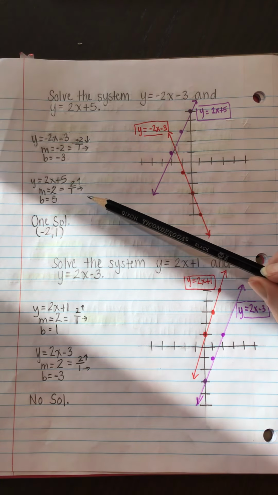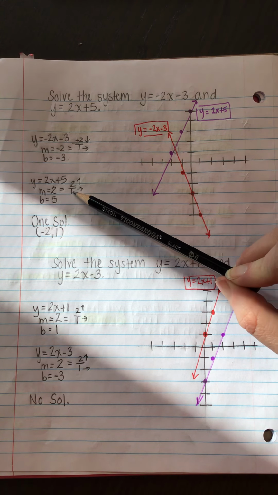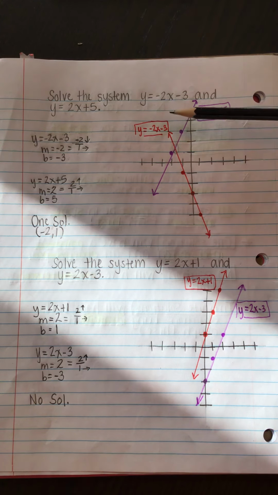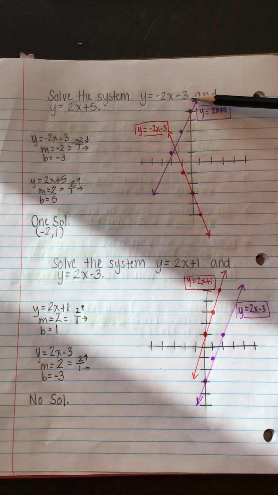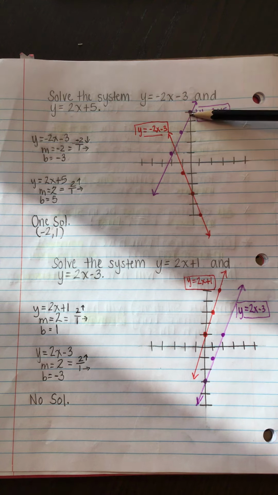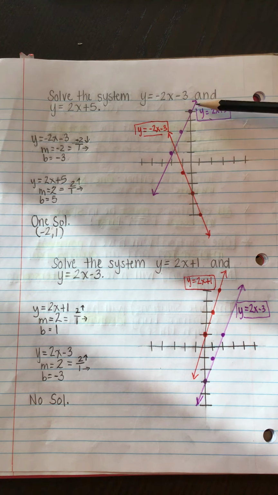Next, we have y equals 2x plus 5. Our slope is a positive 2, written as 2 over 1, and our y-intercept is 5. We're going to start by plotting at 5, and we can't go up 2 and to the right 1 because we run out of graph, so we're going to reverse and go down 2 and left 1, down 2 and left 1. When we do this, we draw our line, label it,